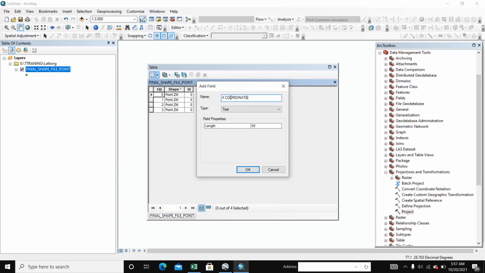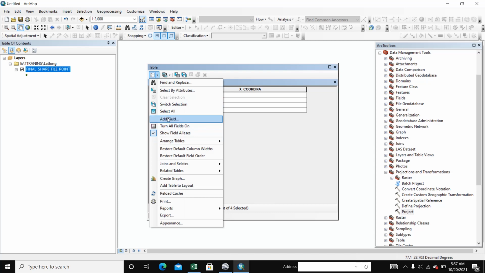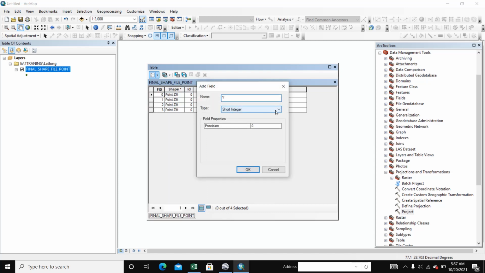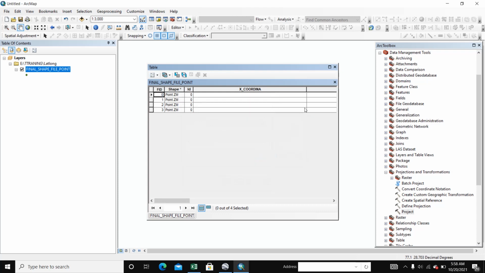X coordinate. OK. Second, Y coordinate. OK.